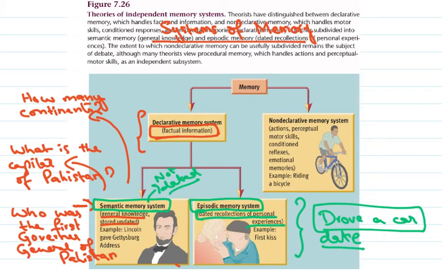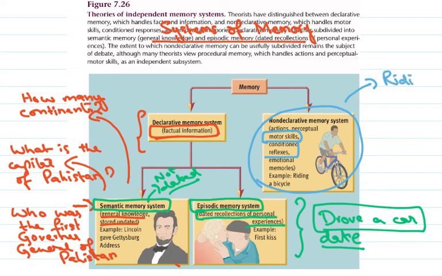Then you have this other memory system, which is the non-declarative memory system. All of these consist of actions and motor skills. There might be certain reflexes that you have, which you cannot declare. So, for example, you know how to ride a bike. That is part of your memory,